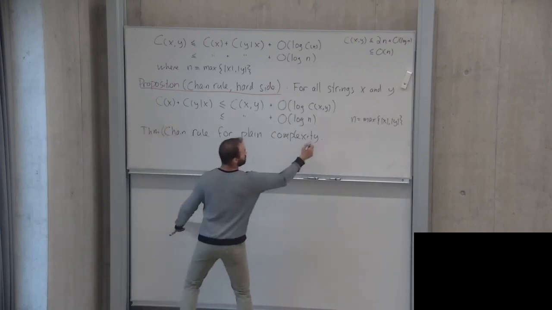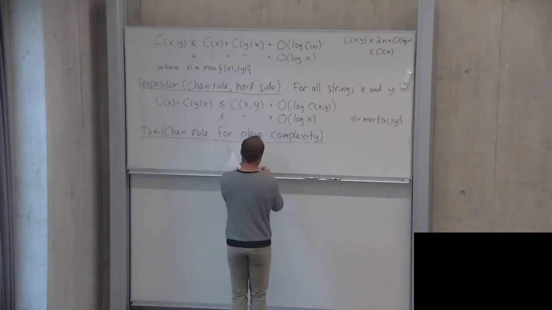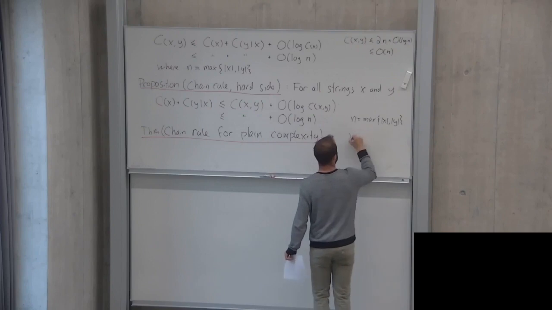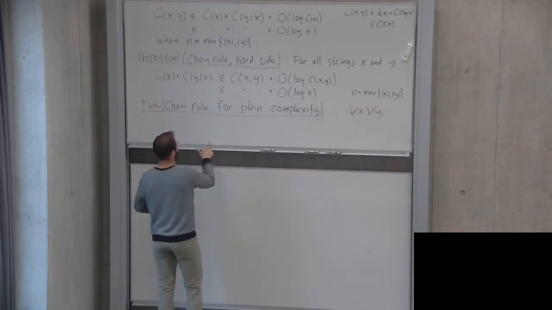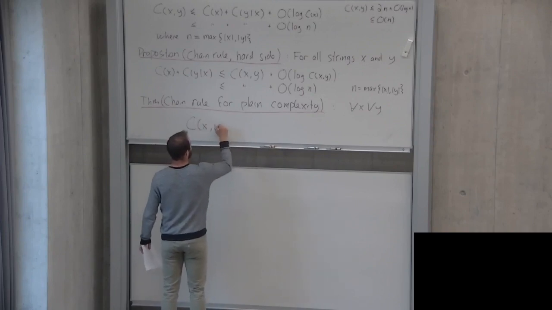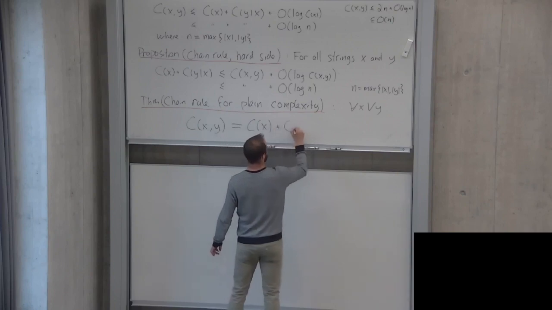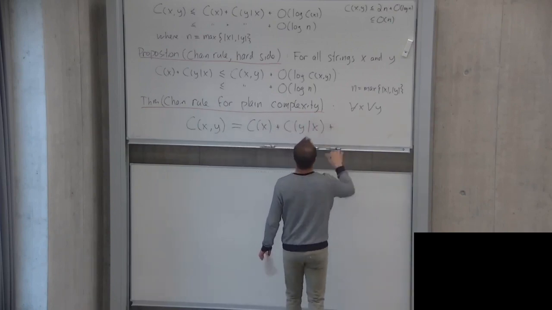I usually do this. Again, for all x, for all y, C of xy is equal to C of x plus C of y given x plus, well then I have